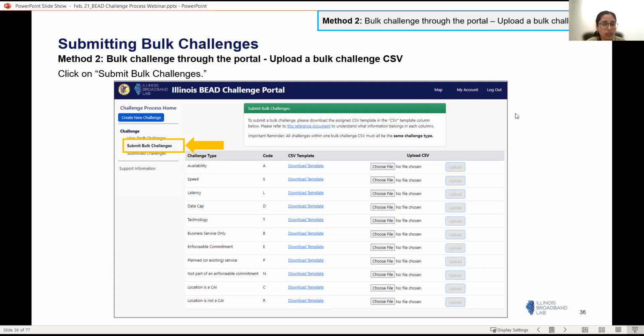You would be clicking on submit bulk challenges, and you will see all the different challenge types listed on the screen. Either you already have access to the CSV template through the BEAD landing page that we had shared earlier, or if you're looking at it for the first time, you can download the specific CSV for each of these challenge types through the portal using the download template option.